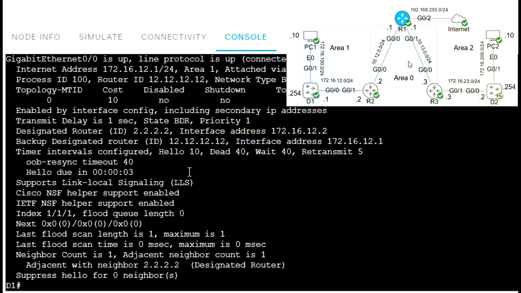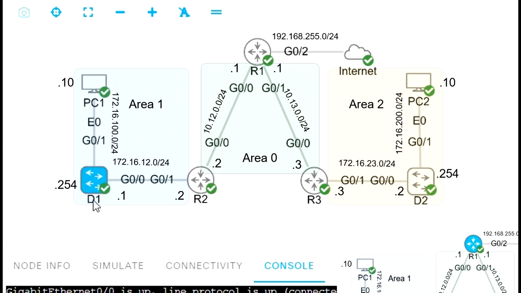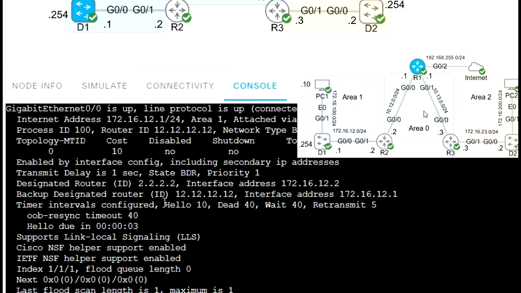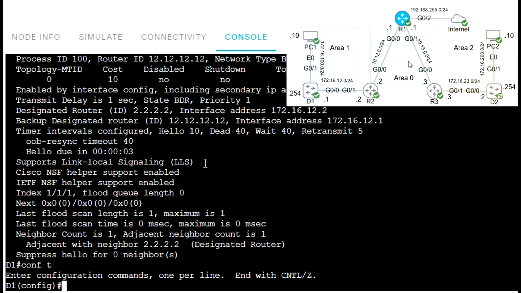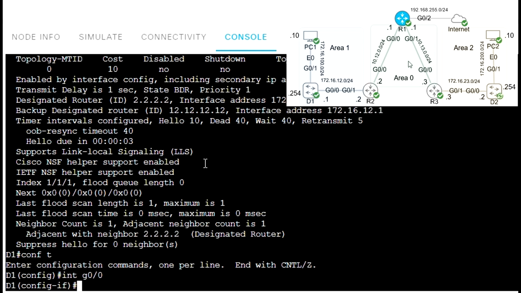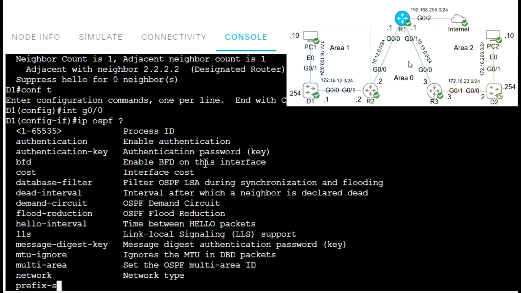For this interface G0/0 on switch D1, we have the default hello 10, dead timer 40, and wait timer 40. Let's just change it. Conf t, interface G0/0, IP OSPF, and we have the option